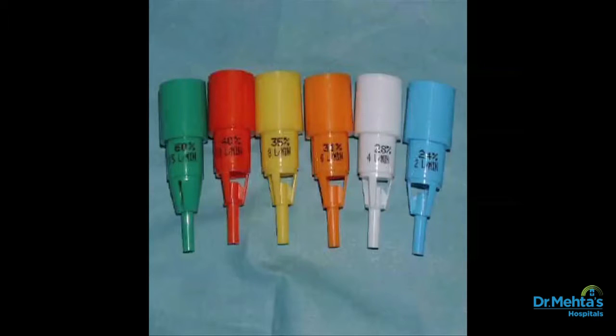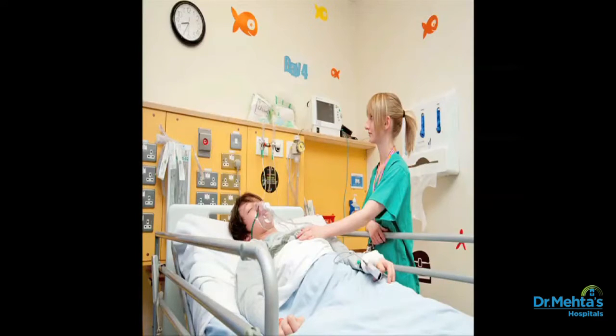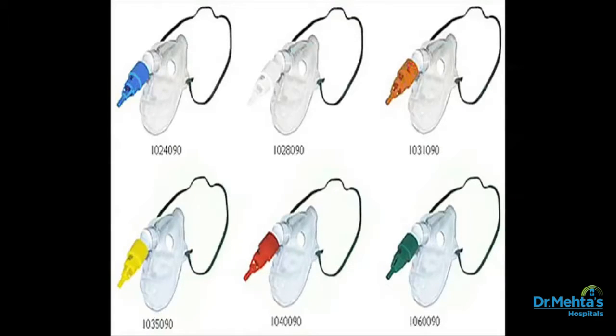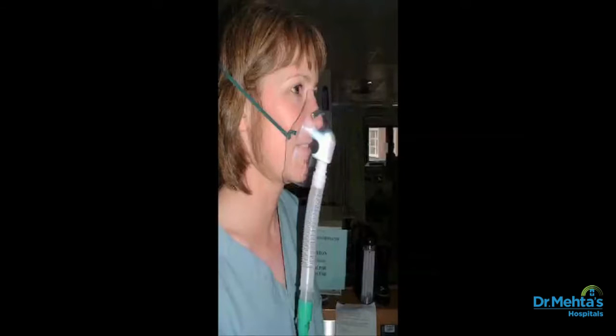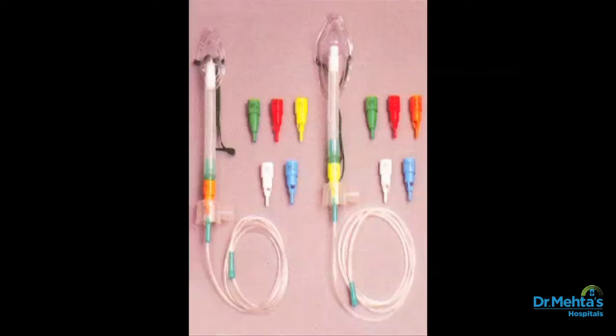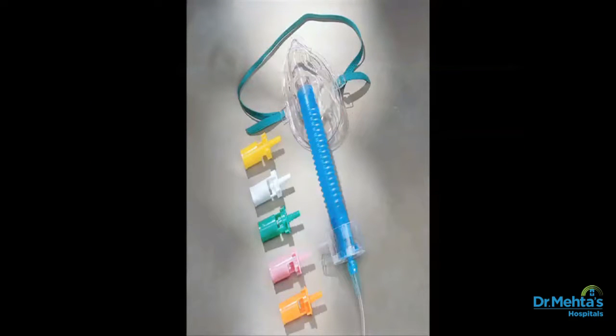The Venturi Mask. It is a high flow concentration oxygen delivering device. It is a type of mask with color-coded jets attached to the mask to deliver the desired amount of oxygen. Each color code corresponds to a precise oxygen concentration and a specific liter flow. For example, blue delivers 24% of oxygen,